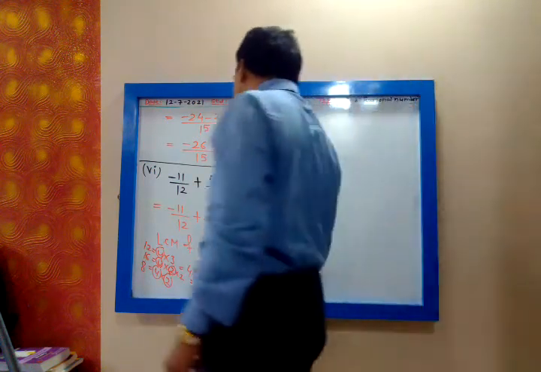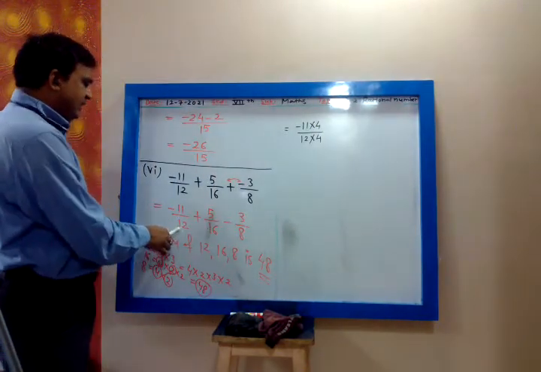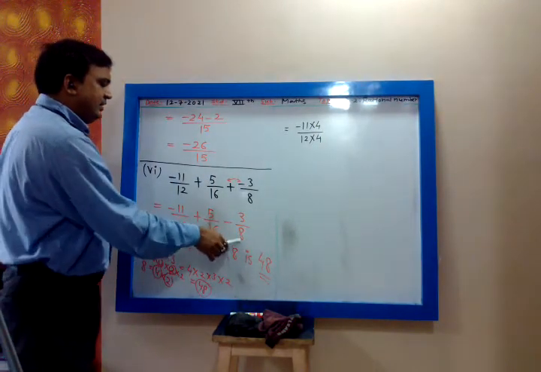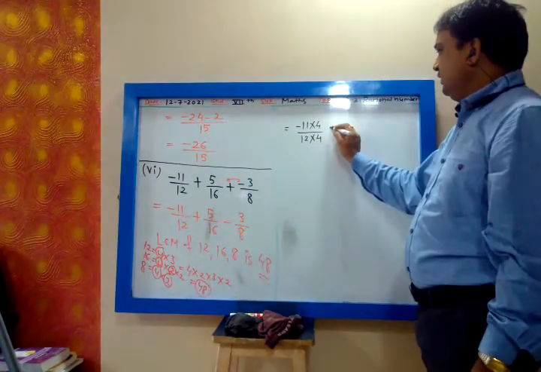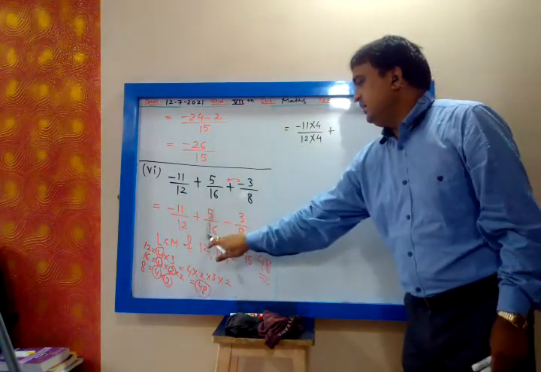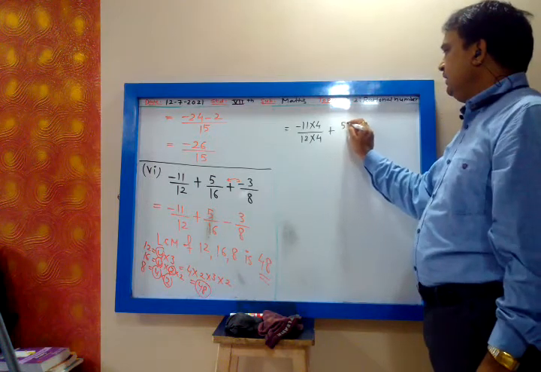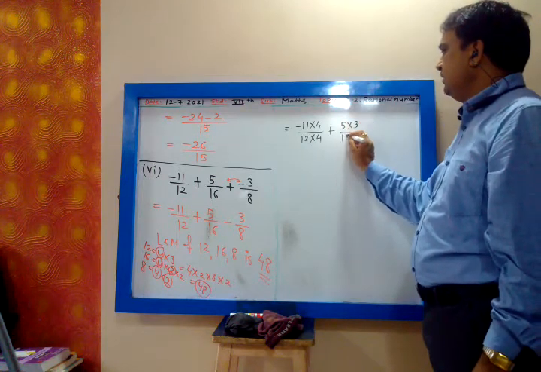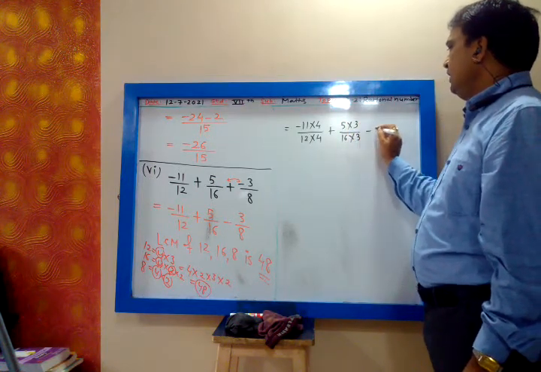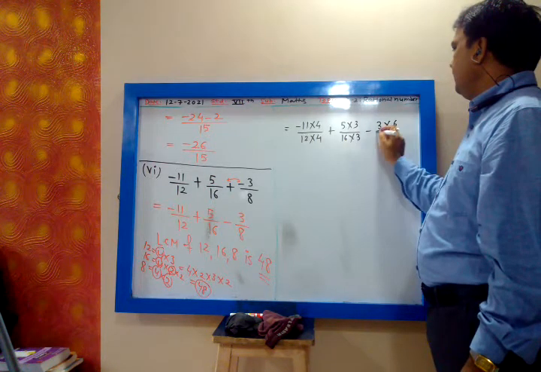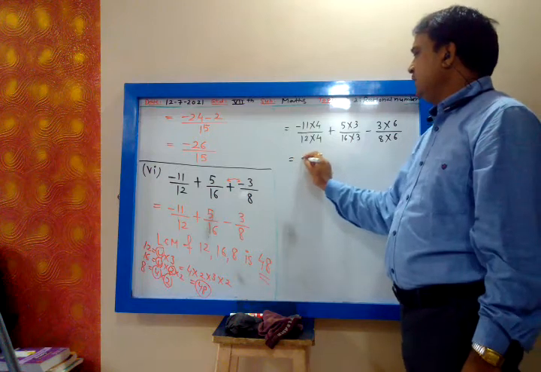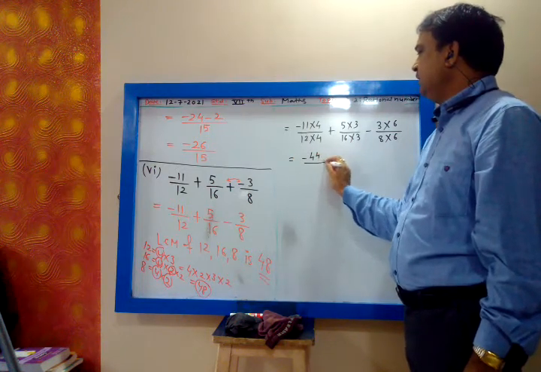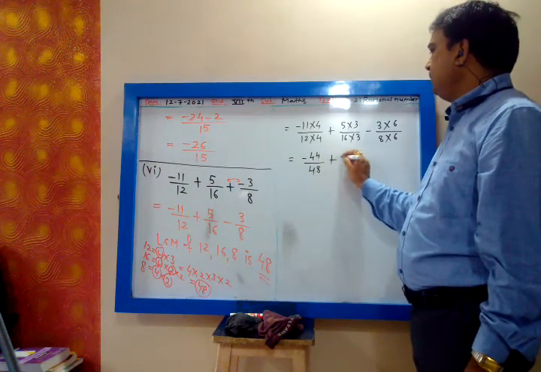We have to make the denominators equal, no? So I will take the LCM of 12, 16 and 8, that is 48. So multiply 12 by 4, then it is 48. Multiply 16 by 3: 5 into 3 upon 16 into 3, minus 3 into 6 upon 8 into 6, 8 sixes are 48. So this is minus 44 upon 48, plus 15 upon 48,